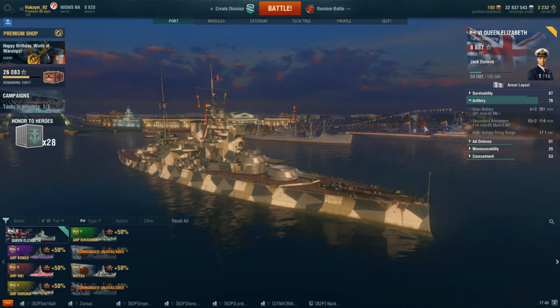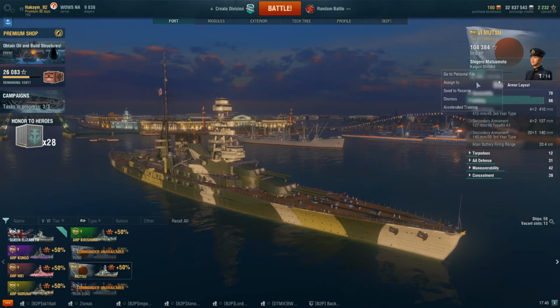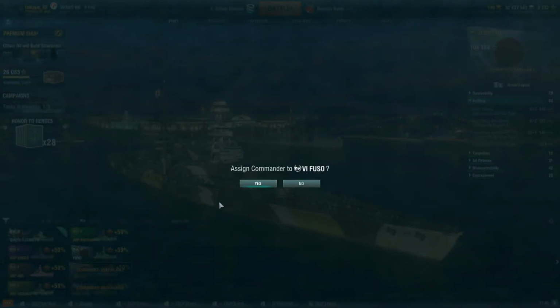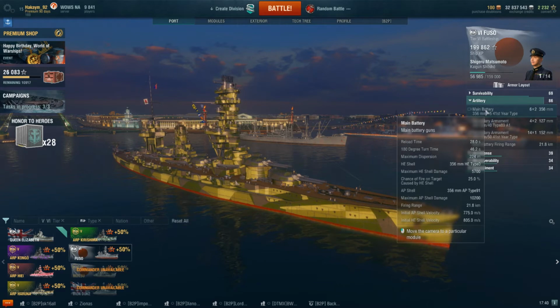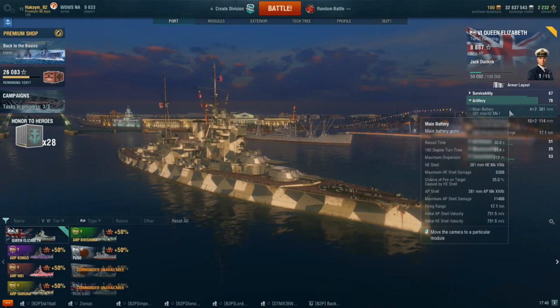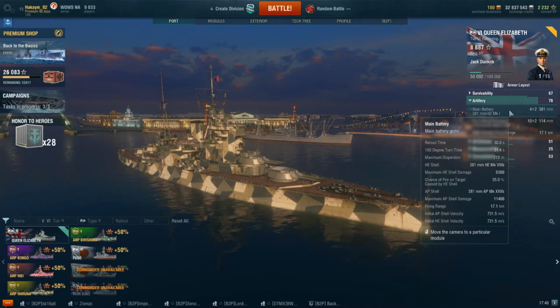Actually, let's throw my Fuso captain back onto the Fuso itself. So let's quickly do that, just so you have an idea when you compare it to the Fuso. Turn time on the guns is 46.2 seconds, and that's not with a battleship captain of a special type. That's just a normal captain, so the guns turn incredibly slow, very similar to the Warspite in a lot of ways. The max range is 17.1 kilometers, which isn't too bad,